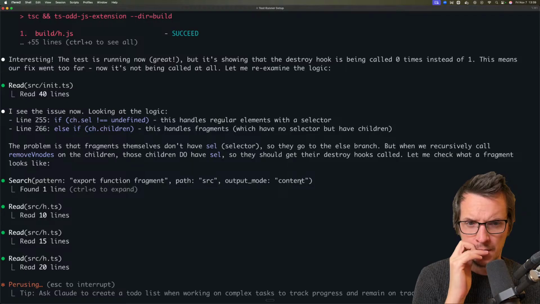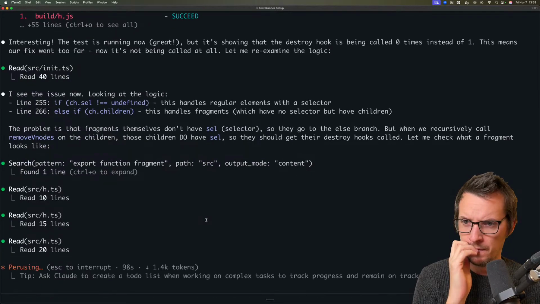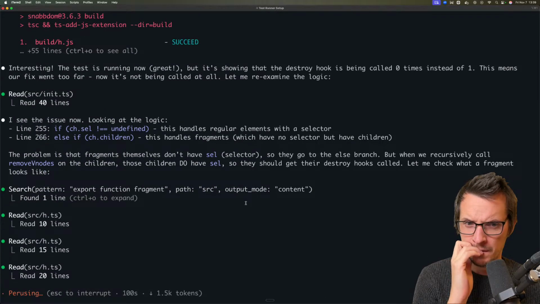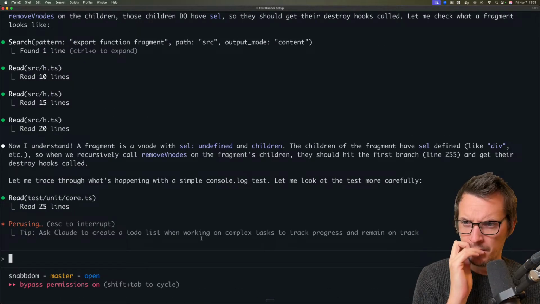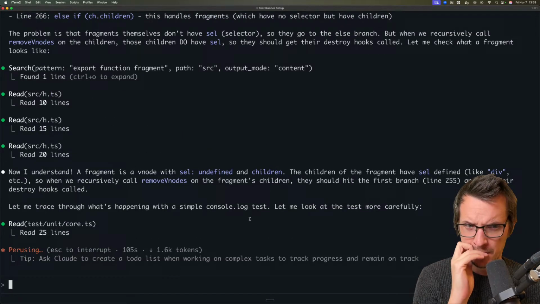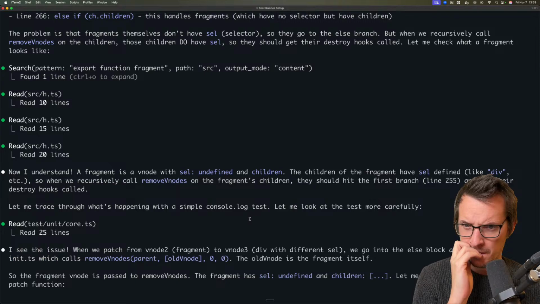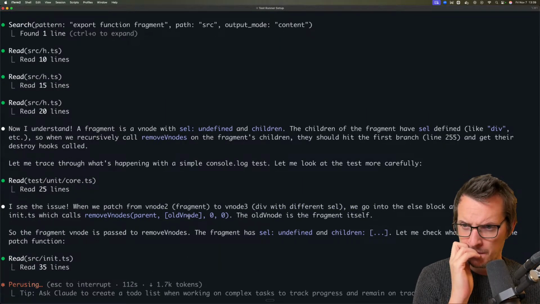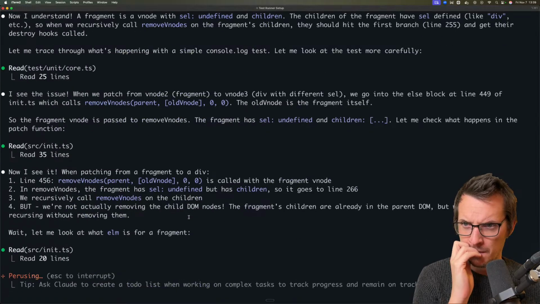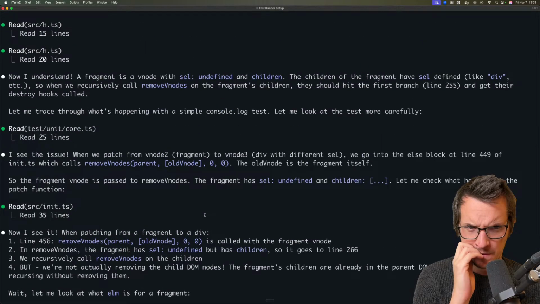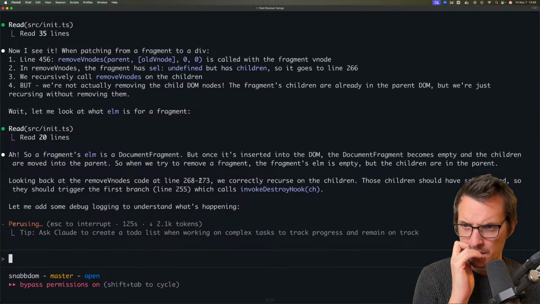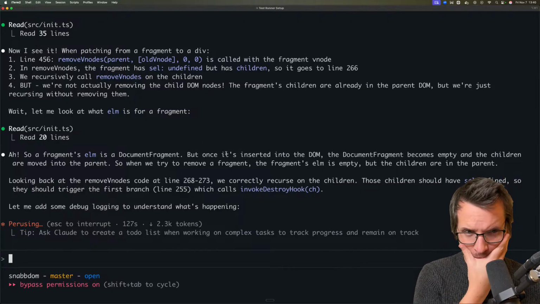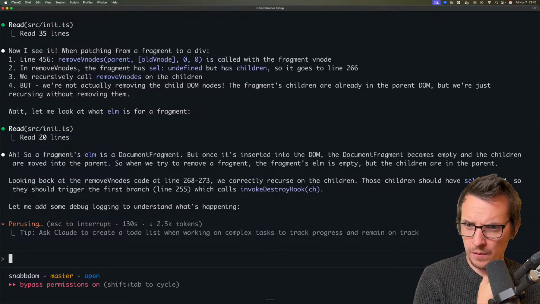So they go to the else branch, but when recursively called into the else block, it becomes empty and the chain is removed, so when we try to remove,